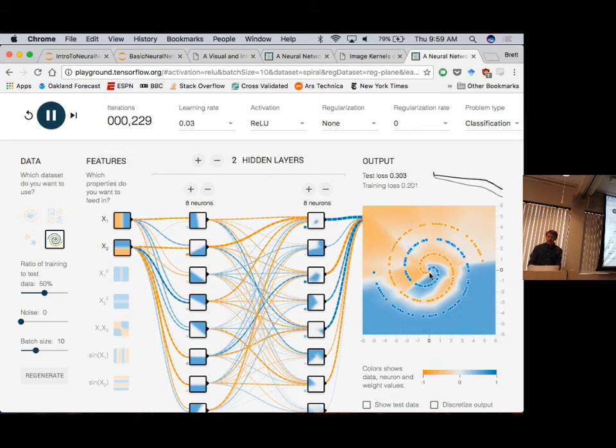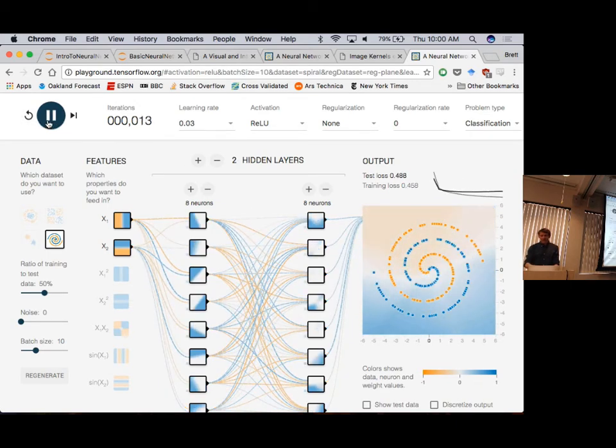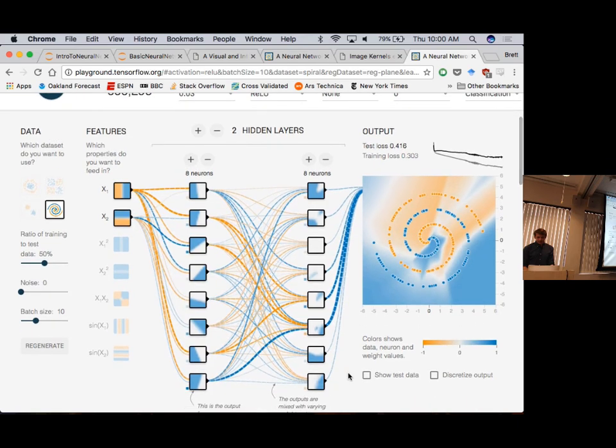You can simultaneously look at the classifications and whether it looks like it's getting the classes right. And you can look at the loss function up here and see how the gradient descent steps are moving us in the right direction. So this seems like it did a pretty good job. There's this piece right here that's being completely misclassified. I expect that if I just restart it and try again, it's going to come up with a completely different shape again. See, now it's having a lot more trouble. It's a very random procedure. Hopefully you guys are playing around with it too.